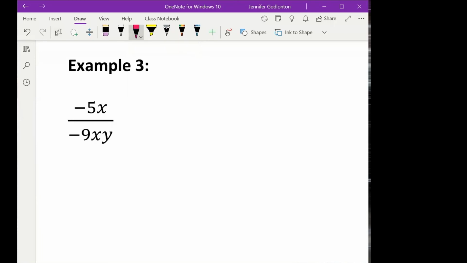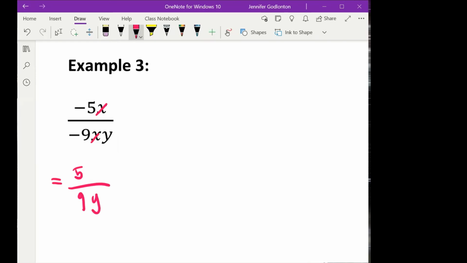So I have a negative and a negative, which I know is going to give me a positive. So my answer is going to be a positive. 5 over 9, I can't simplify that. That is as simplified as it can be. So I just am going to write my 5 over 9. Those x's are going to cancel, and that y was left at the bottom. So it's going to stay there at the bottom. Okay, so my final answer is going to be 5 over 9